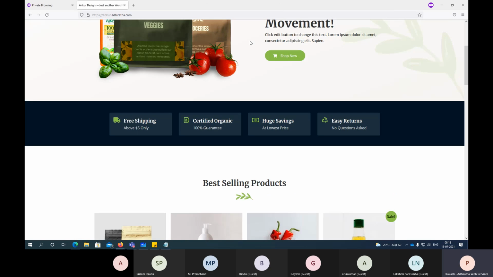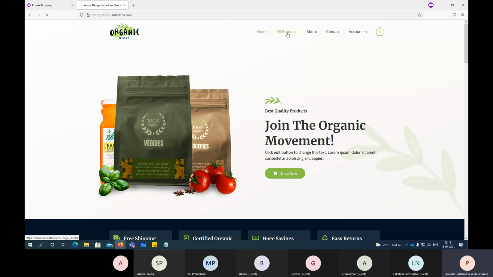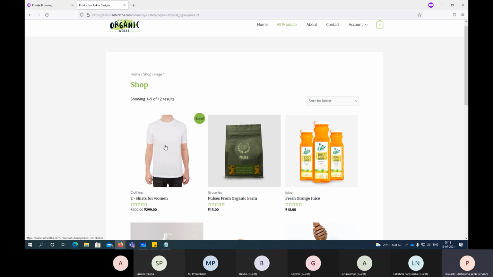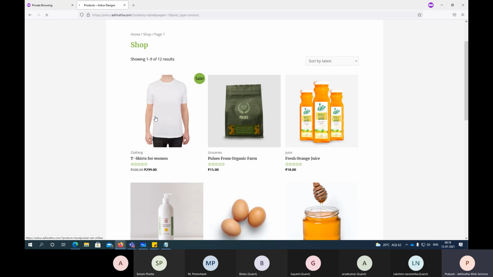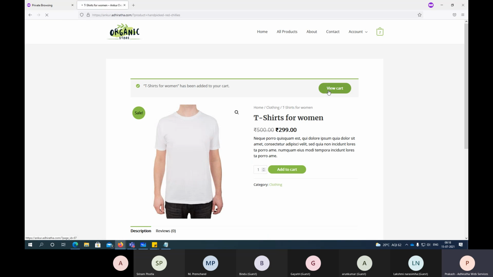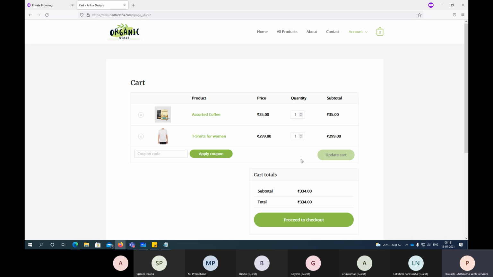If people are opening your site, going to all products, latest, see the latest one, this is a t-shirt. So I can add to cart again, view cart, right? So these are the two items I added.